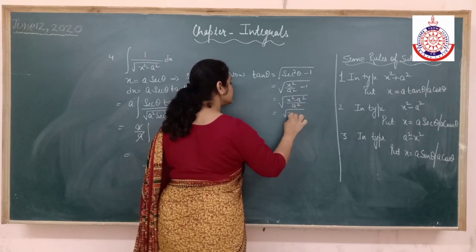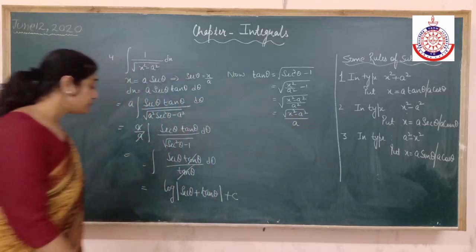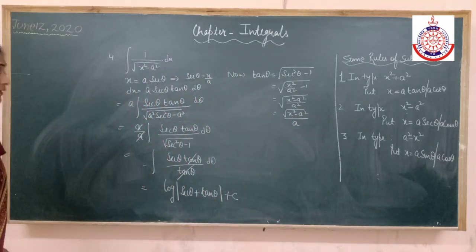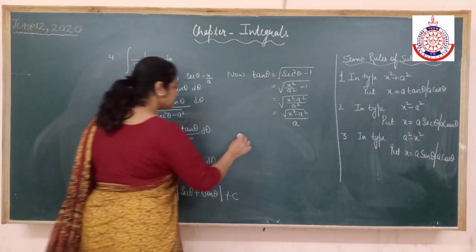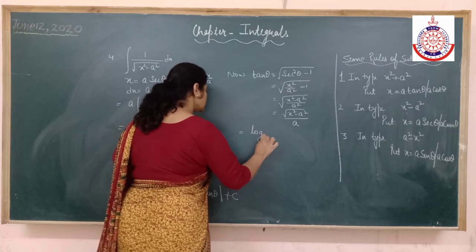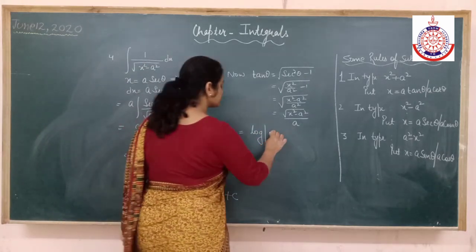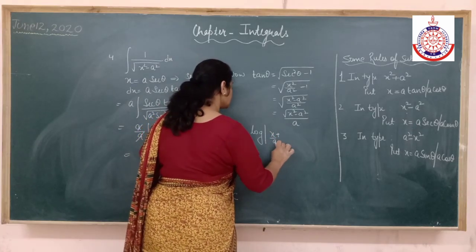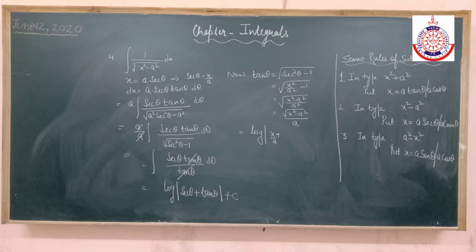It will be, so we got the value of tan also, we got the value of secant also. Let's put the value. Alright, that is x by a. And what is the value of tan? That is